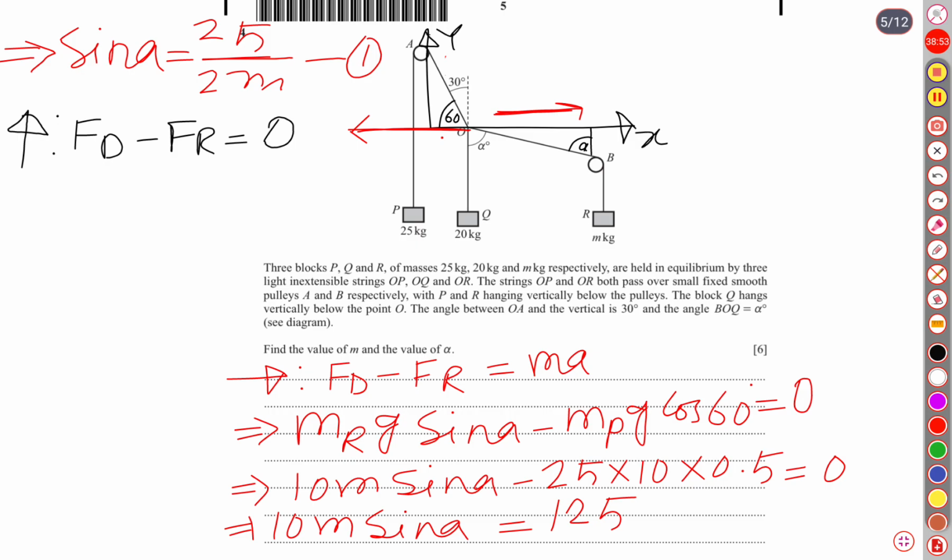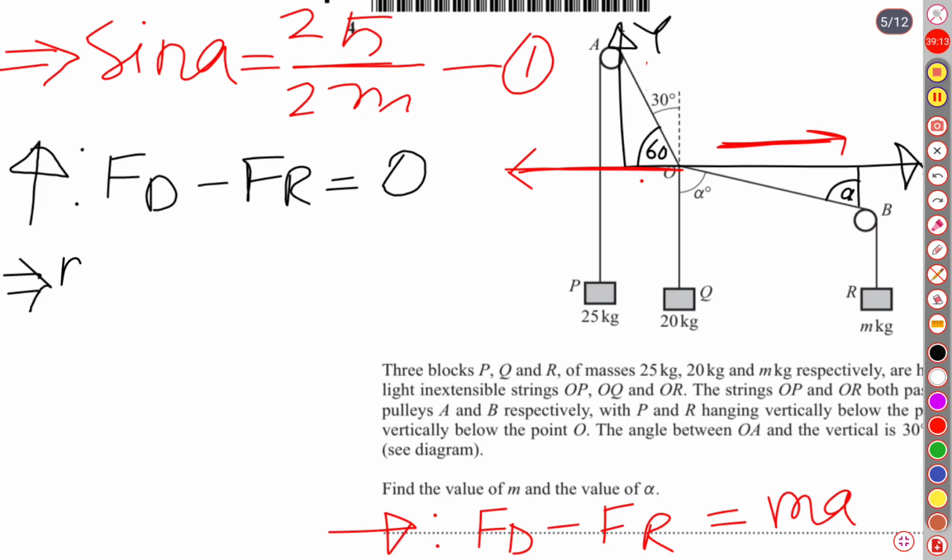For the first triangle, the upward force is mass of particle P, g sine 60 degree, minus